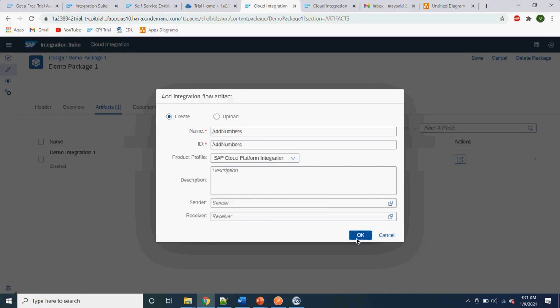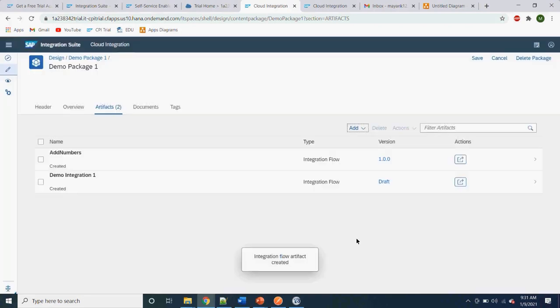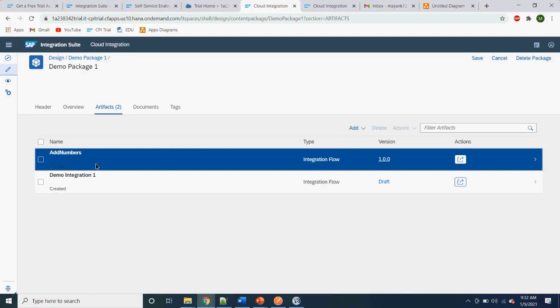I would just name it add numbers. I would save this package. Packages are nothing but logical groupings of interfaces. They are like wrapper elements. They do not have any other significance other than grouping.